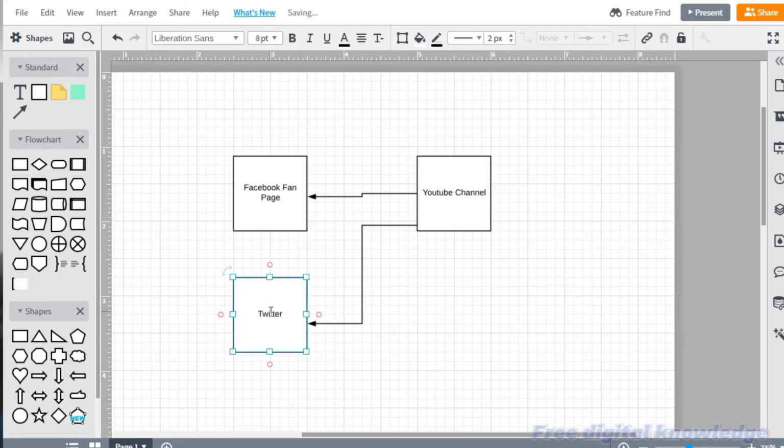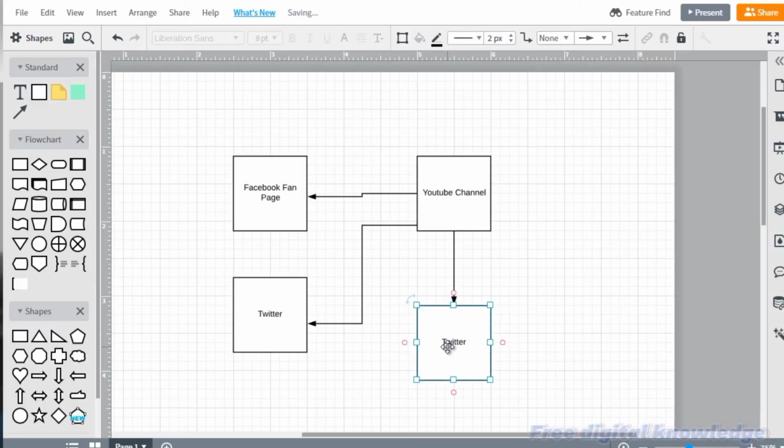So we'll put Twitter. And we'll do WordPress. So as you can imagine, you've got the centerpiece here. You've got different social media platforms that are posted.